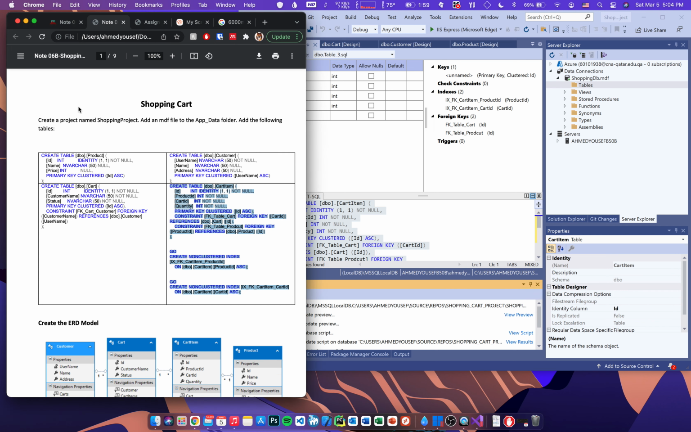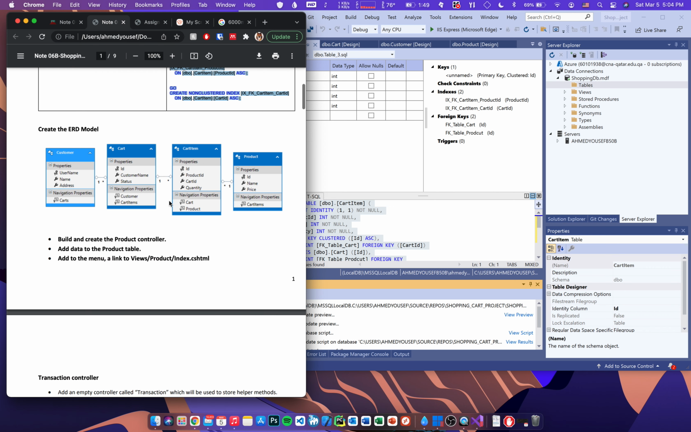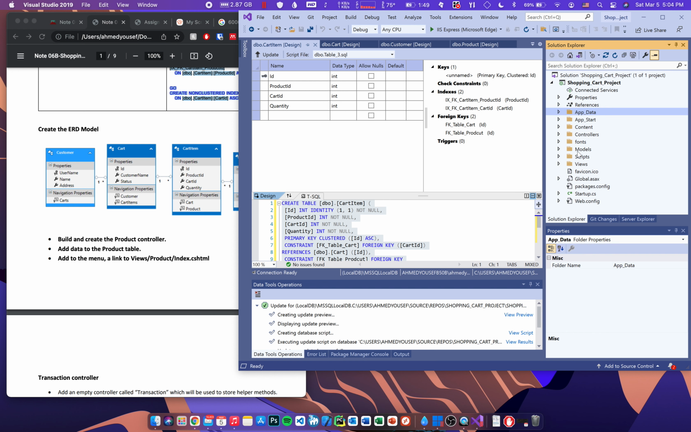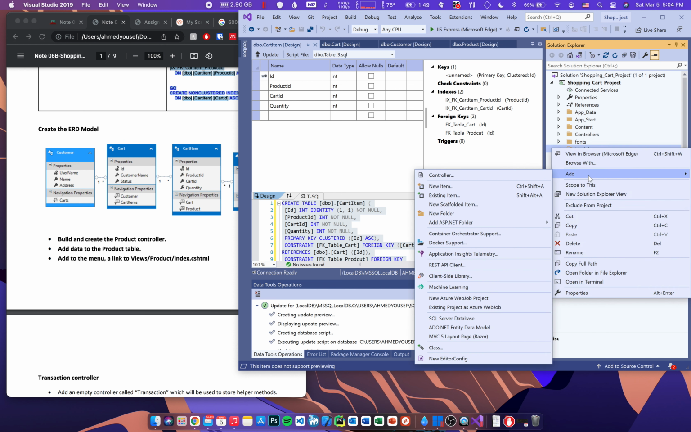Okay, now that we're done with the first part, creating the tables, we're going to go on to the next step, which is creating the ERD model. This is another fancy word for just creating the models. Okay, so we go back to the Solution Explorer, scroll down to models, and as you can see, we already have a few models here because this is part of the authentication that we added in the beginning. So we're going to right click on models, add,